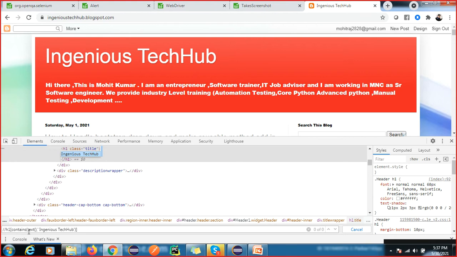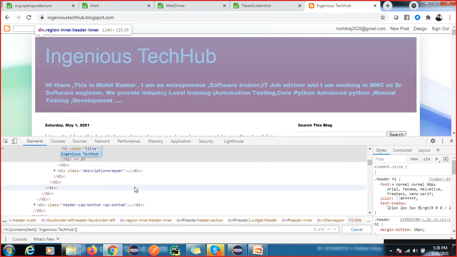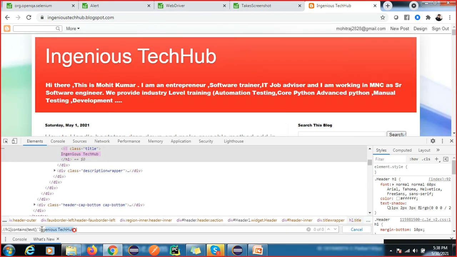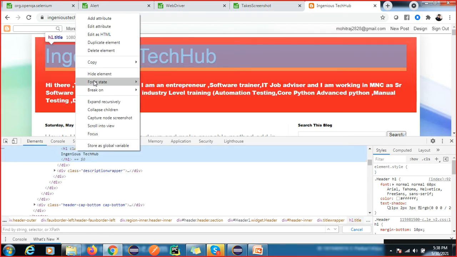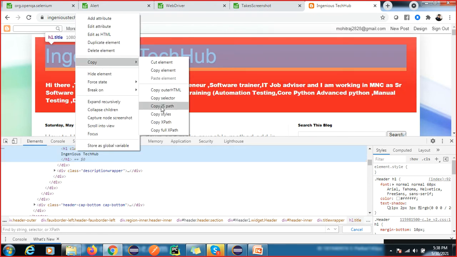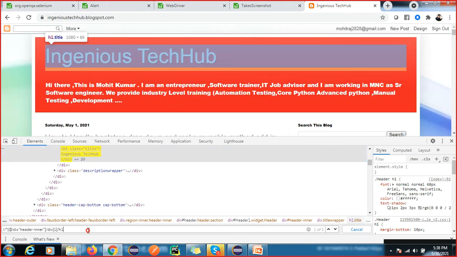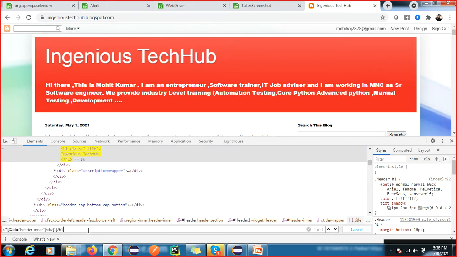Let me copy this XPath. It is not highlighting.